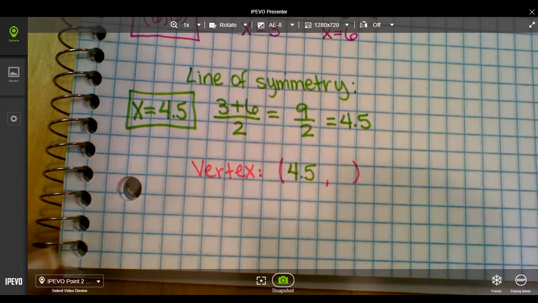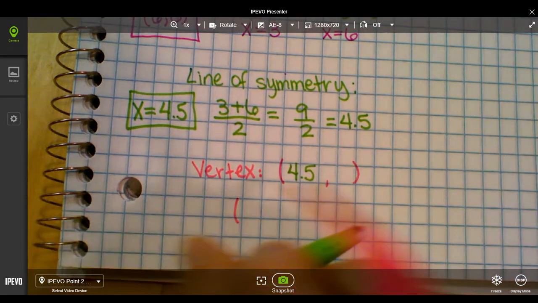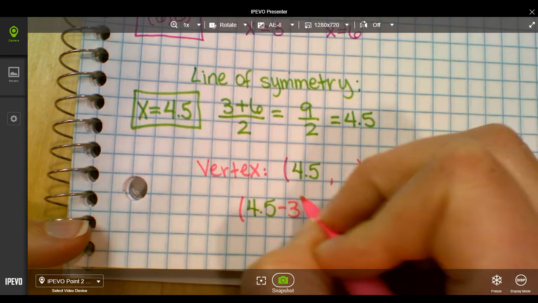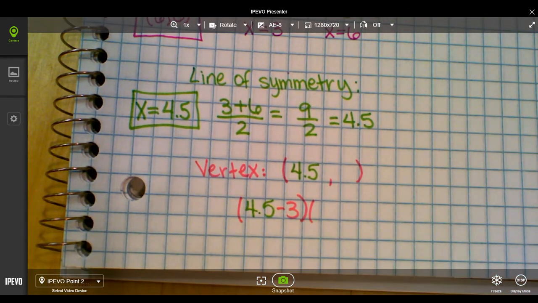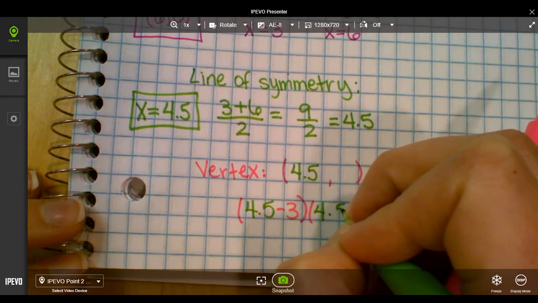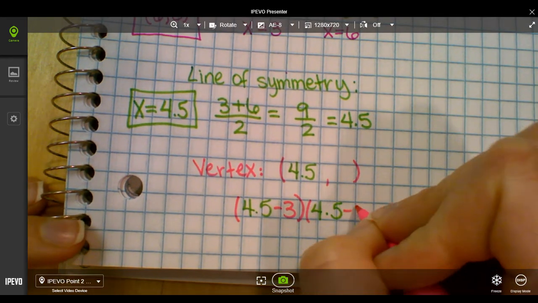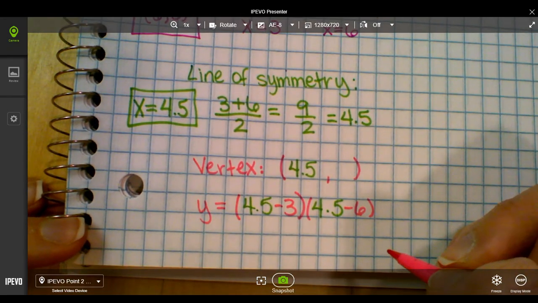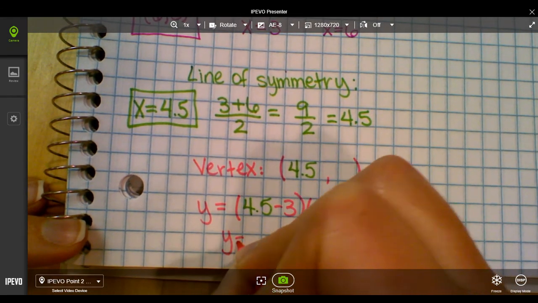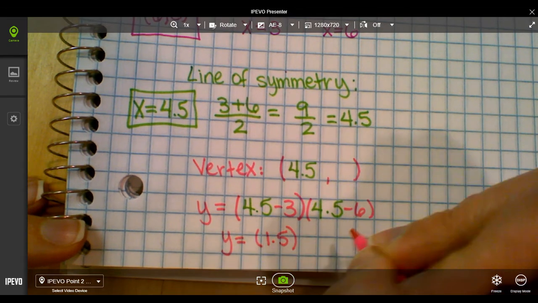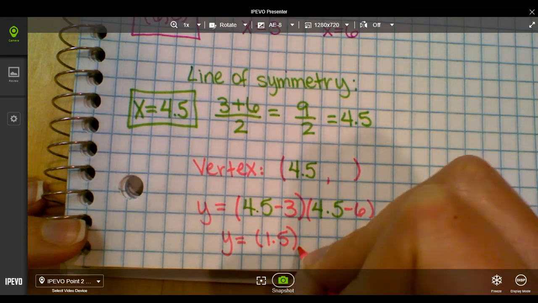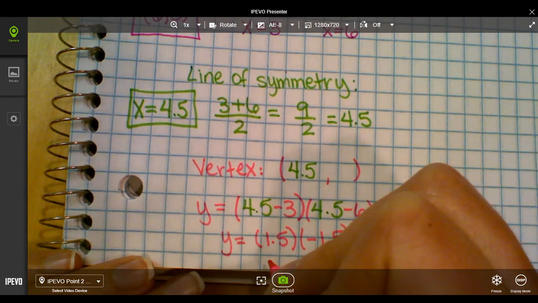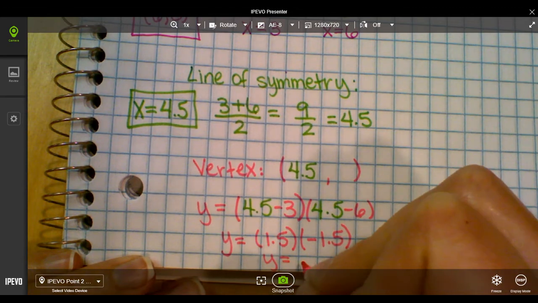So now this is going to look like I have 4.5, I'm plugging this in for x, minus 3. And then I have 4.5 minus 6. And when I do this, I'm going to solve for the y value of my vertex. So 4.5 minus 3 is just 1.5. And 4.5 minus 6 is just negative 1.5. Then I'm just going to multiply those together, and y is going to equal negative